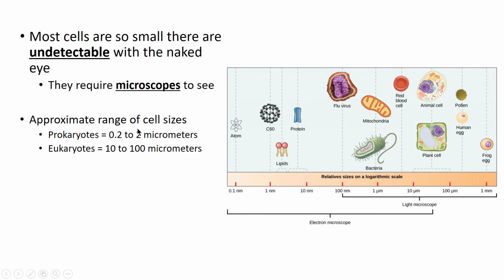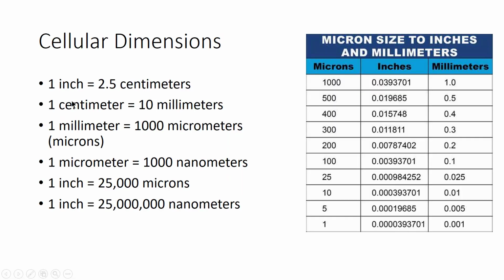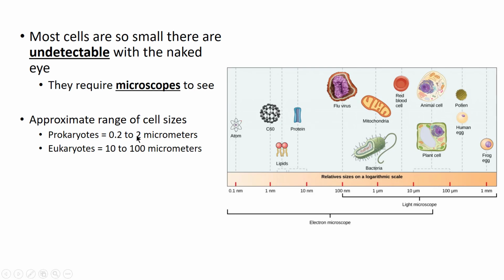So if we go back to this previous slide here, we can see that 1 centimeter has roughly 10 millimeters and 1,000 micrometers, so roughly 2,000 micrometers. And so if a prokaryote, even a big one, is 2 micrometers, we can fit 1,000 or so bacterial cells across that 1 millimeter range. So just in a tiny little space on a ruler, you can fit potentially thousands, if not more. That's on the big side. So you can fit potentially thousands and thousands of prokaryotes just in that tiny little space. And that's why we can't see them. Our eyes just don't have that kind of resolution.